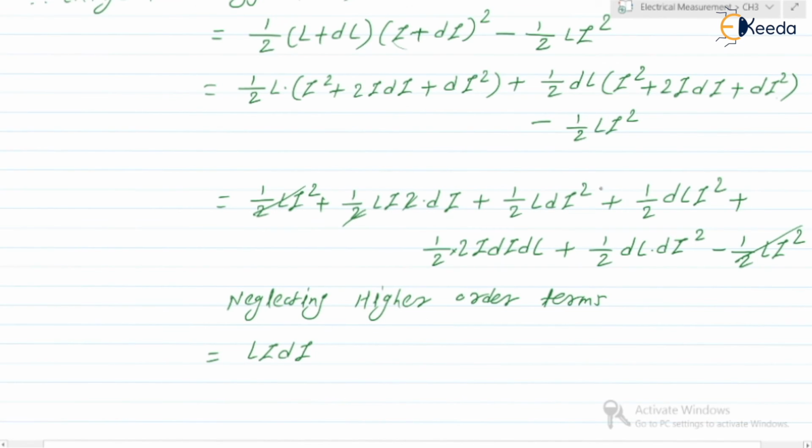Okay, now this is the higher order term, so we are going to neglect this. This is also dl into I square, or I square into dl, so plus 1 by 2 into I square into dl. Okay, plus this 2 will get cancelled. Again di into dl, this is also a higher order term, so we are going to neglect. This is also a higher order term, we are going to neglect. So it is like 1 by 2 into I square into dl only.